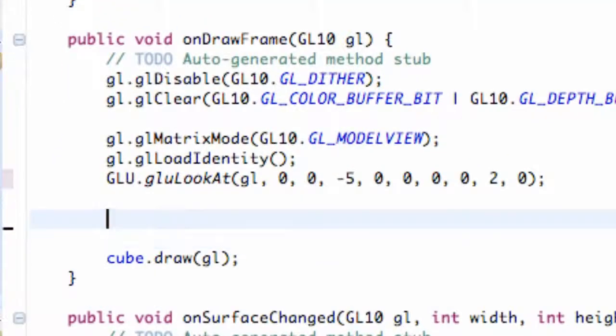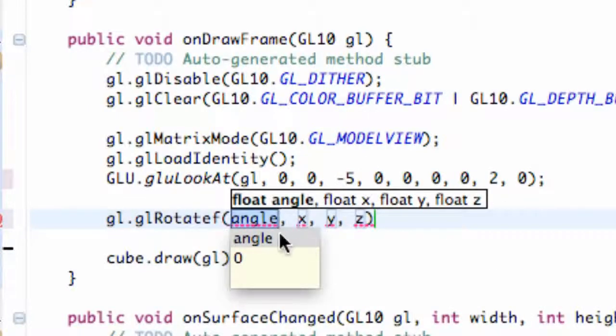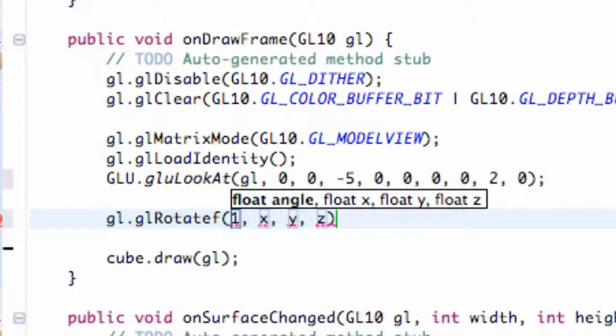And how we do this is pretty simple. We're just going to say GL, again relating to the GL10 object that we're going to pass in. We're going to say glRotatef, with the f for float. And the first parameter here is the angle. So we're just going to say, I don't know, whatever angle you guys want, and then we're going to say which axes it affects. So if you guys want the rotation to affect the x-axis, we can just